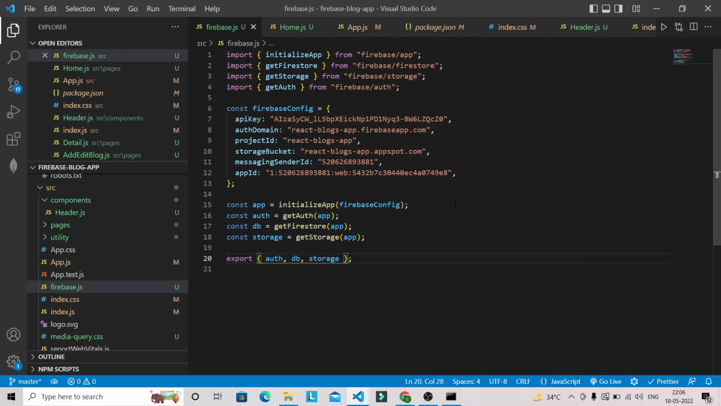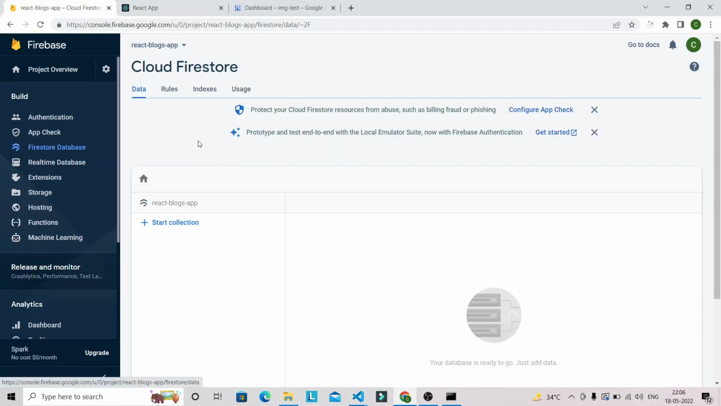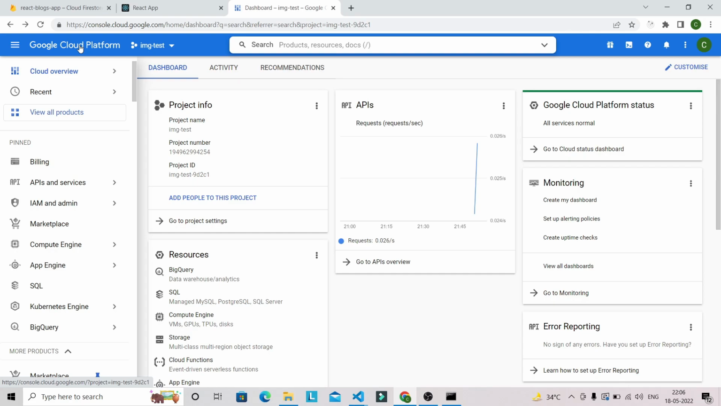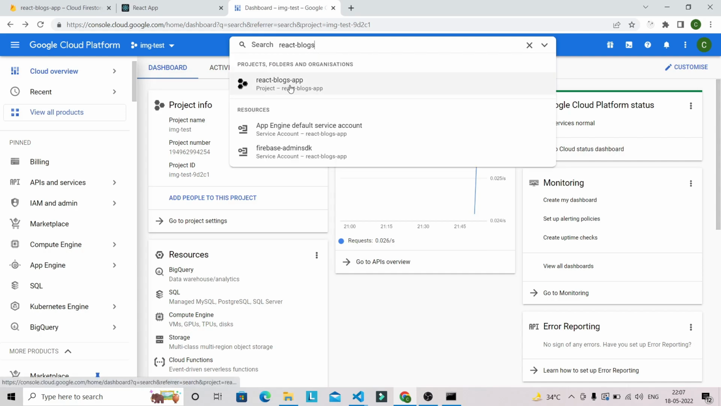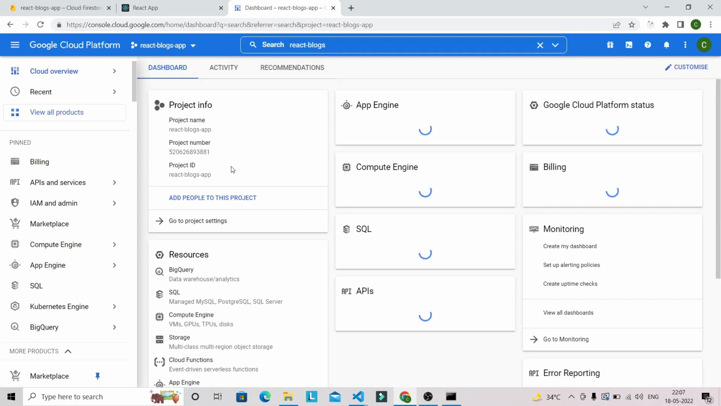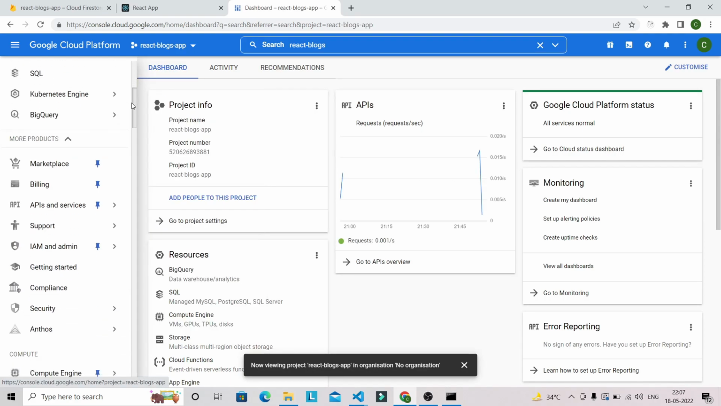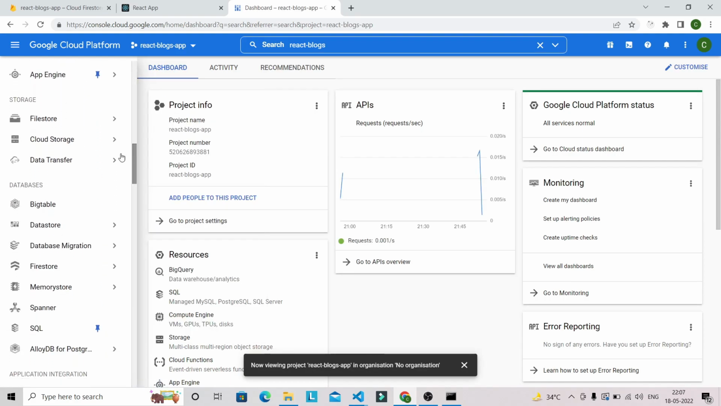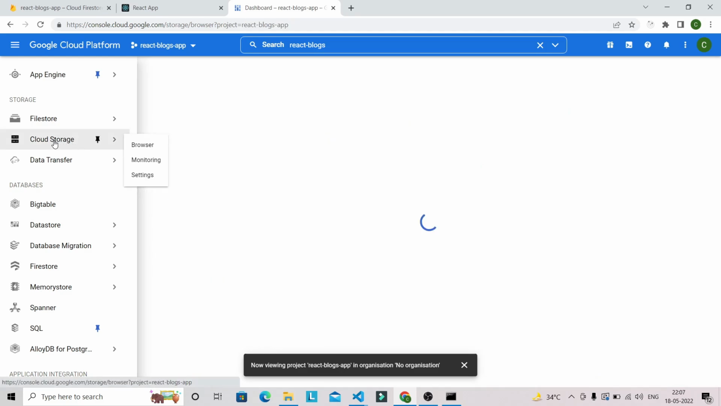Now we have to also do one more configuration related to uploading the image in Firebase. Sometimes you may face an issue uploading an image in Firebase storage. So you have to come over here, that is Google Cloud Platform, and here you have to search your project. Our project is created with React Blocks app. So first I am going to search my project here. So this is our project that we have created, and after that you have to search cloud storage, and you have to click on cloud storage,